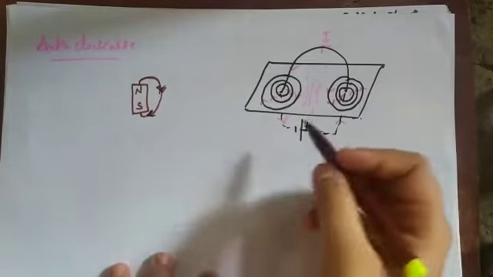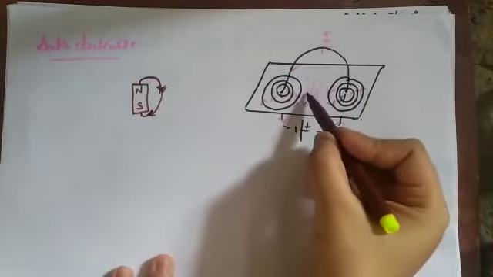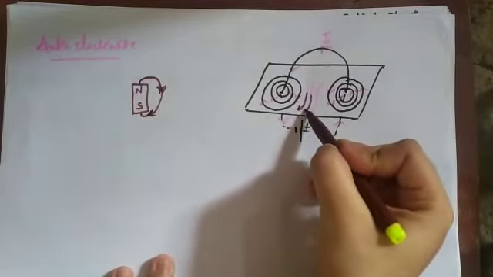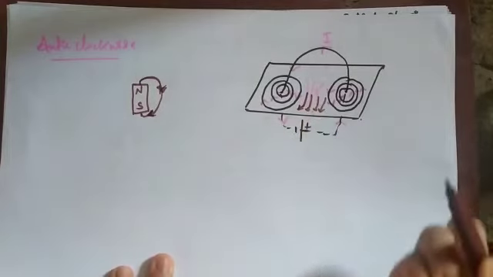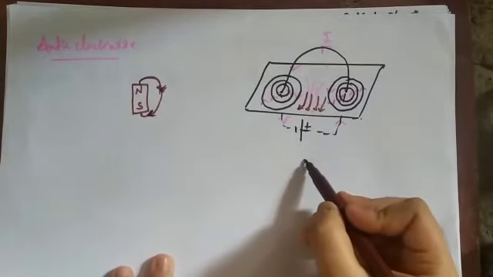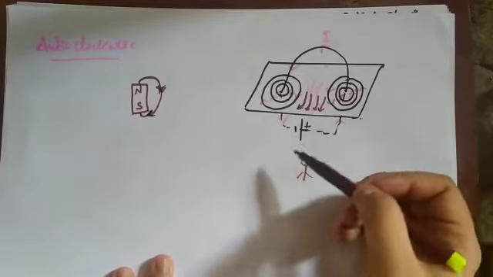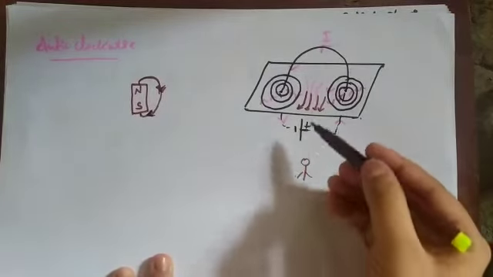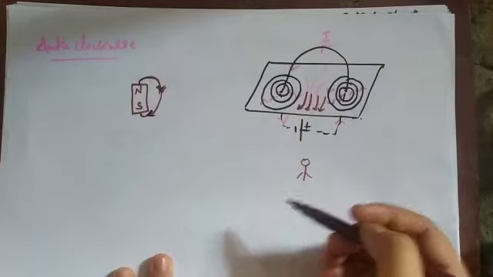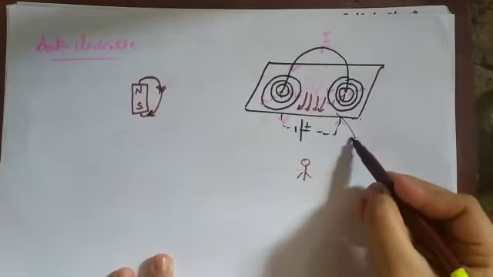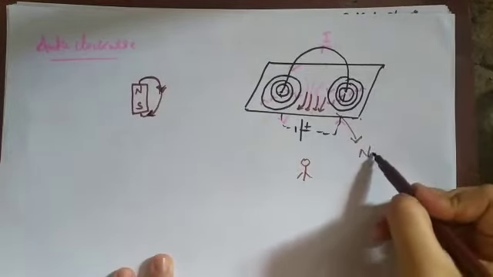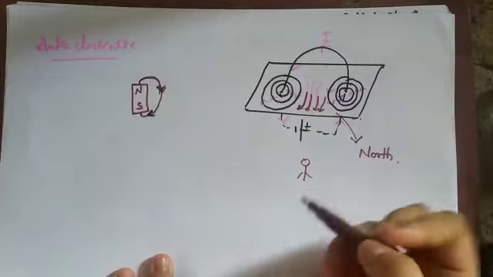So if you see in this case, the magnetic field lines will be coming out of the table, isn't it? If I am standing here, I can see that the magnetic lines are coming towards me. That means coming out of the table. So if it is coming out of the table, this direction shows the north direction.